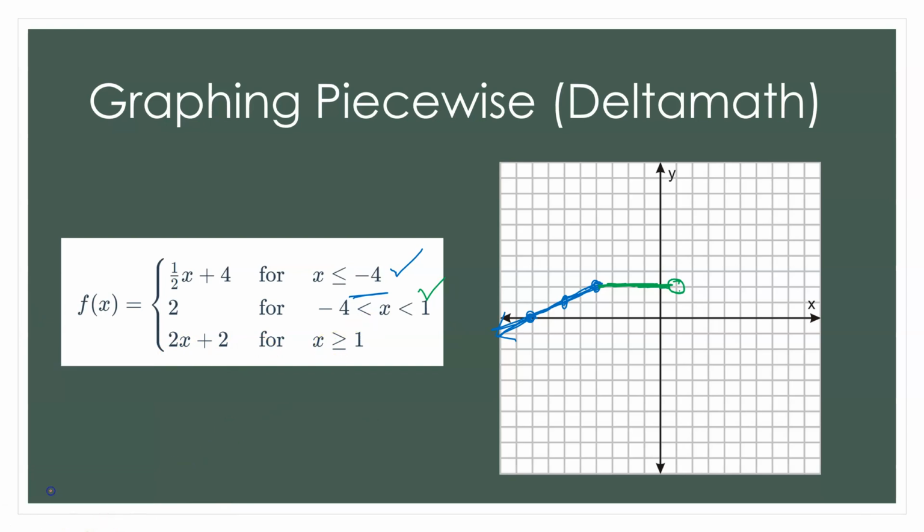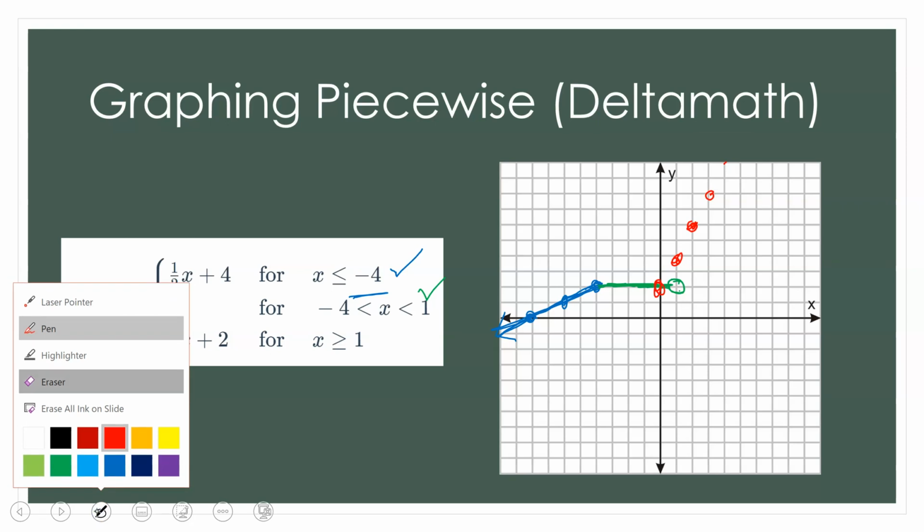And I'll do this in red. I'll draw the line first. So 2x plus 2 would actually start right there, right? And then a slope of 2 would put me up here, up here, up here. Up there. There we go. Okay. And again, I don't really want the point where x is equal to 0 because I